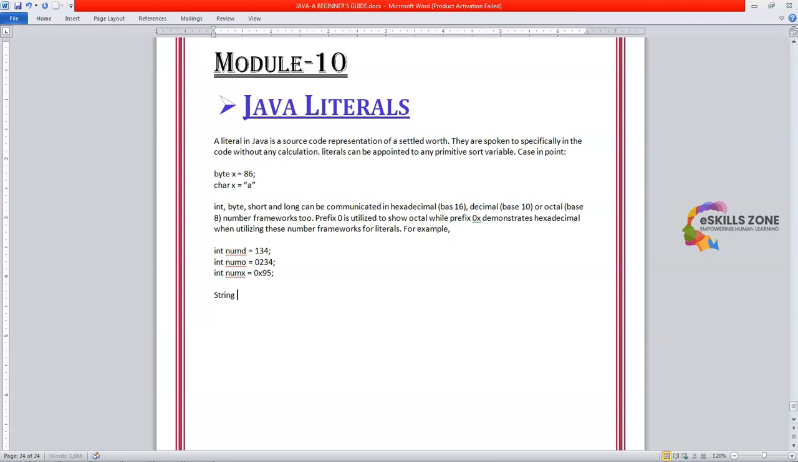String literals in Java are specified like they are in most other programming languages, by enclosing a sequence of characters between a pair of double quotes. Examples of string literals are